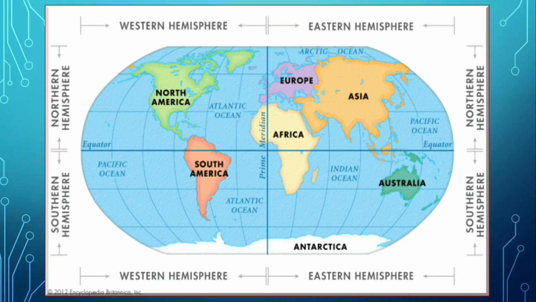Now let us see in which hemisphere India is located. We have already learned that India is located in the eastern as well as the northern hemisphere. Here you can see it clearly. On the basis of latitudes, the middlemost latitude is the equator, and on the basis of the equator the globe is divided into the northern hemisphere and the southern hemisphere. Here you can see the location of India, so India is located in the northern hemisphere. On the basis of longitude, the middlemost longitude is the prime meridian, and India is located on the right hand side of the prime meridian, so India is located in the eastern hemisphere.